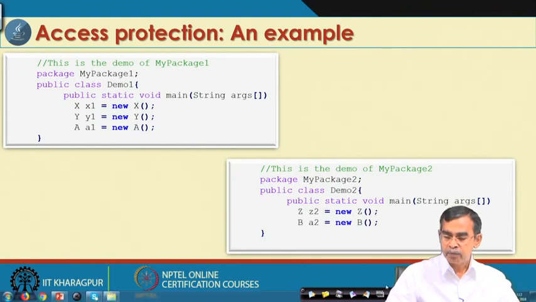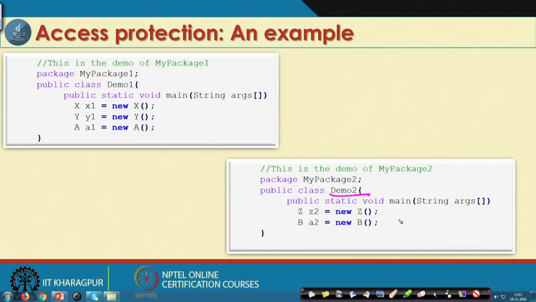Here I want to mention one more thing. In this demo program, I just limit the accessing to the packages that are there, but suppose I can use import my package 2 and also import my package 1. Then I can create one demo file, say demo 3, which imports my package 1 and my package 2 together, and then run all the programs, and you will see exactly what happens.